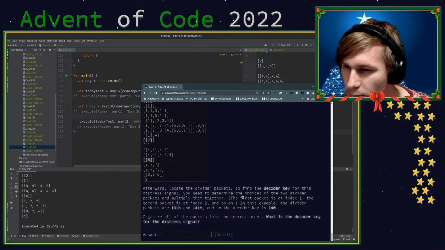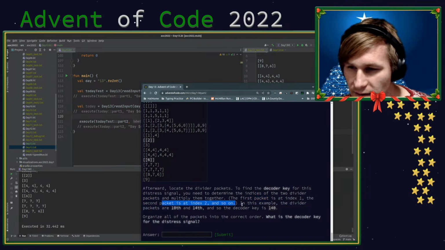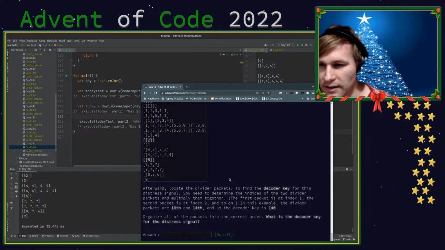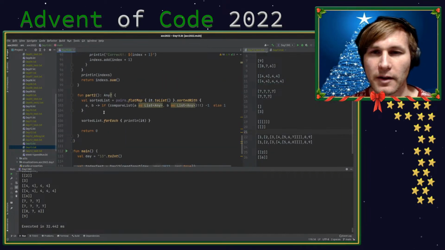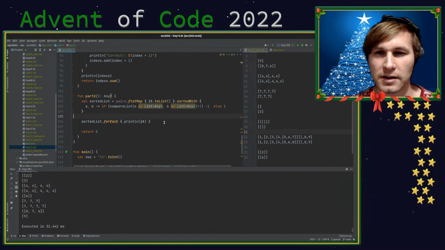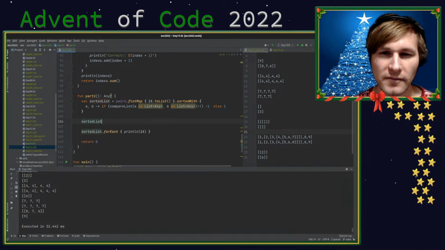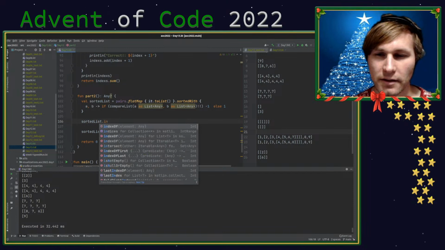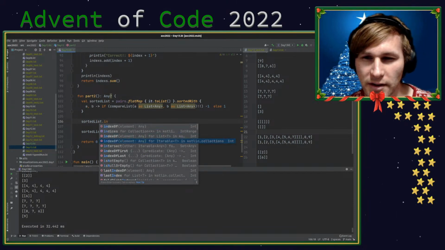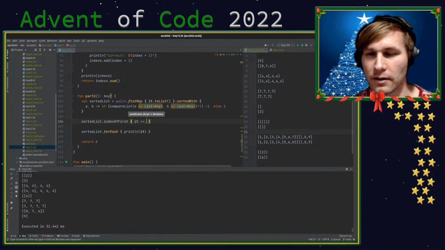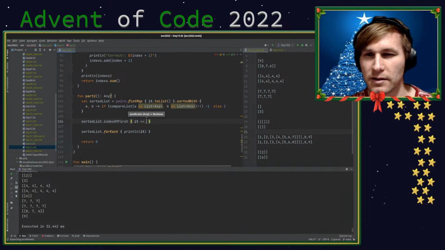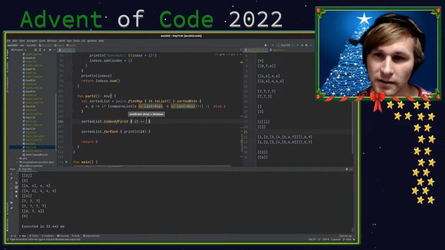It says first packet is at index 1, second is at 2, and so on. In this example, the divider packets are 10th and 14th. Okay. So I just need to do dot index of, index of first it equals, gosh, it equals,